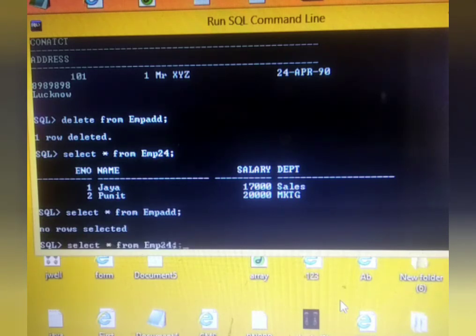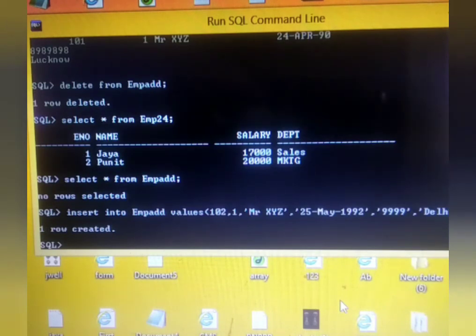Suppose I insert one more record in EMP add, and I give here the roll number as 1, and if I delete a record from the original table, that is EMP24, delete from EMP24 where employee number is equal to 1.